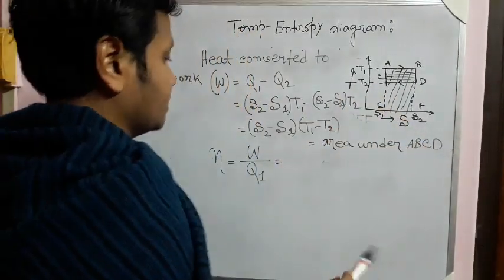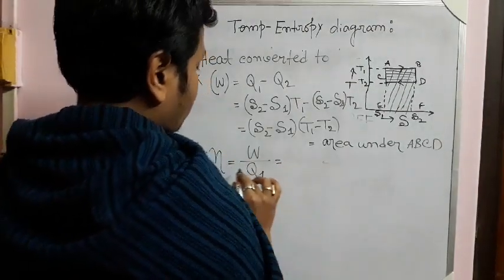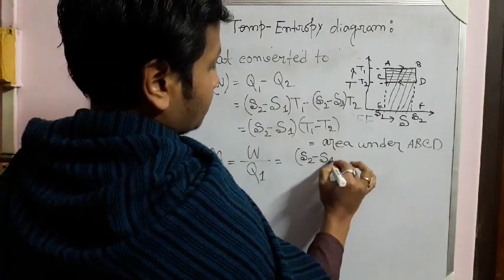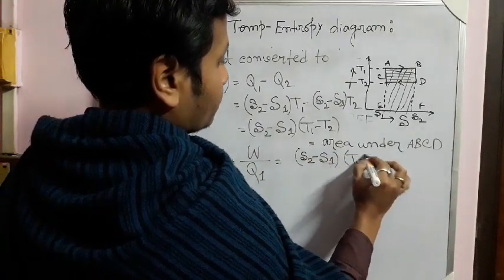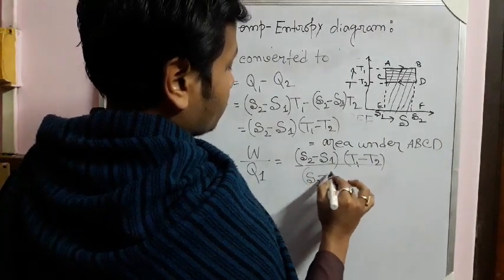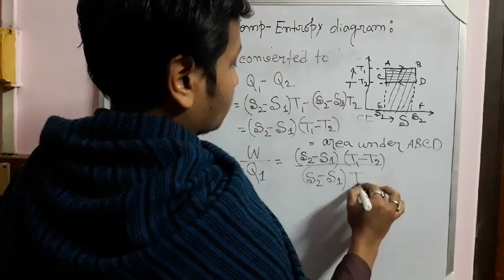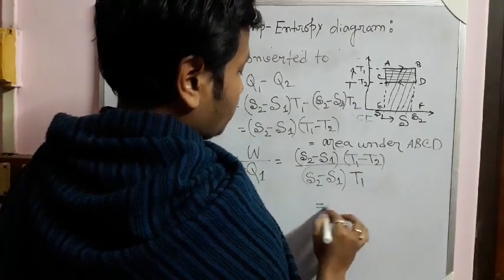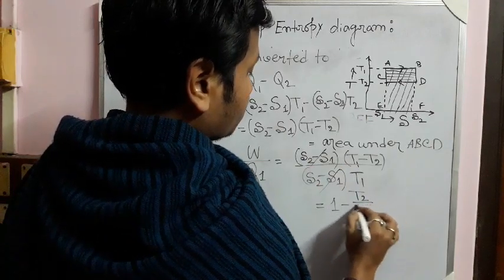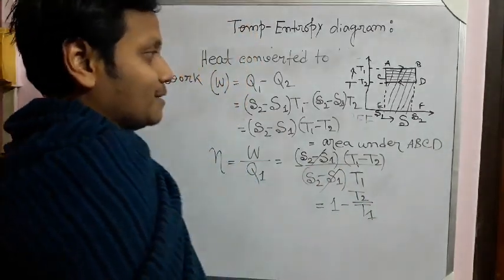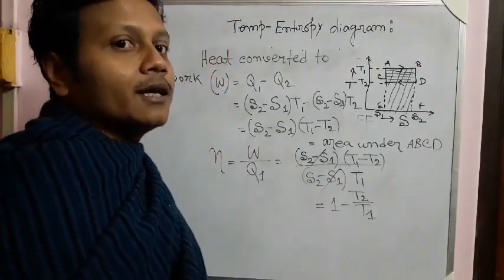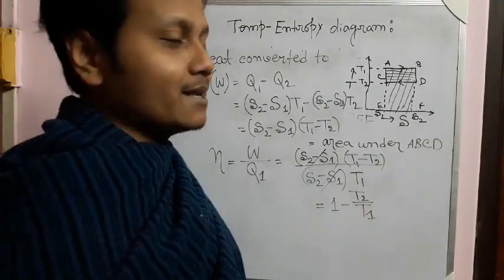This is the significance. So if you get back to the efficiency, then you put W equals S2 minus S1 into T1 minus T2, and what will be Q1? My Q1 will be S2 minus S1 into T1. Okay, so what will be the result? This cancels, 1 minus T2 upon T1. So thus we see that by using temperature entropy diagram, the efficiency of the engine becomes exactly the same as we